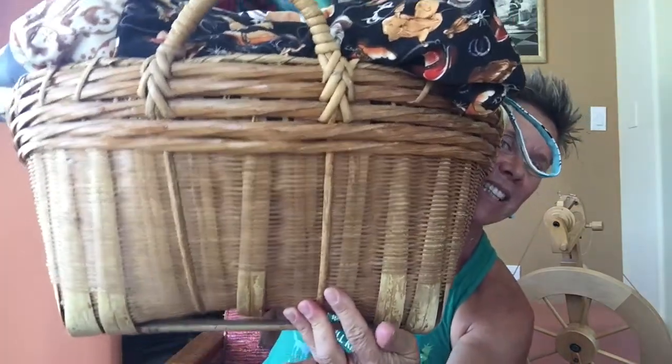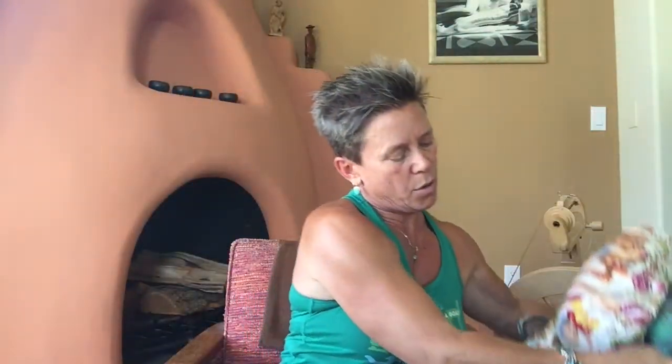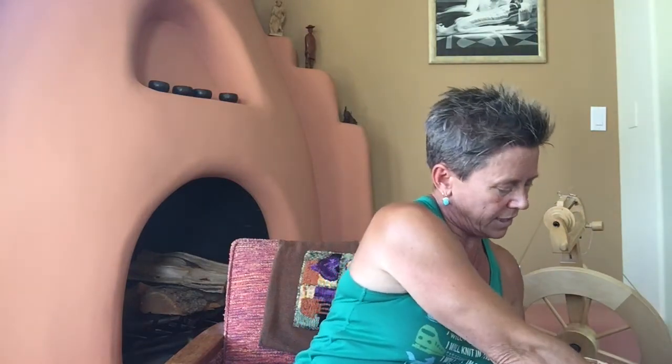So this sits in our living room, and it has pretty much all my works in progress in it. Yes, I have a lot. And a lot of times I even forget what I have, which one of them that I forgot that I have is actually